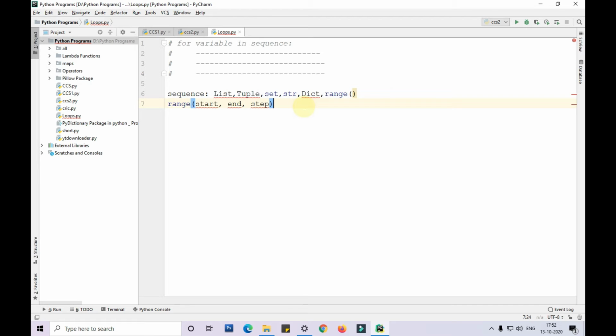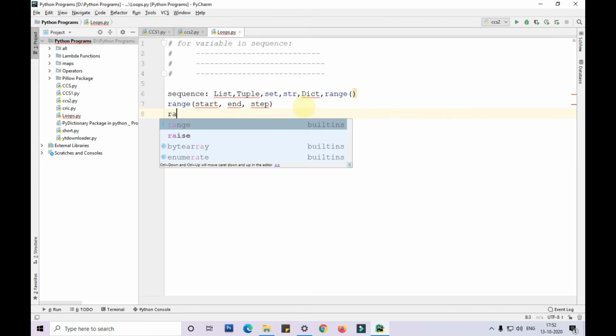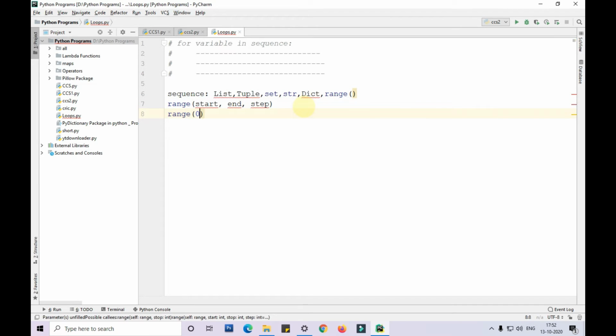For example, range of 0, 5, 1. So here the range starts from 0 and goes up to 5, and the step count is 1 here. Enter. Now let me show you how the range function works. For x in, so guys, this variable can be anything.